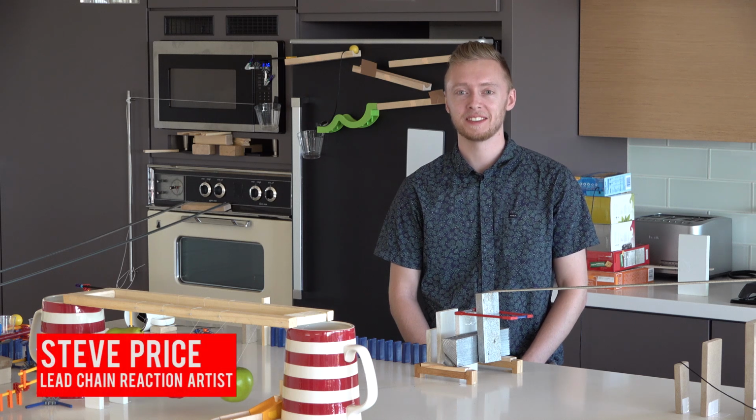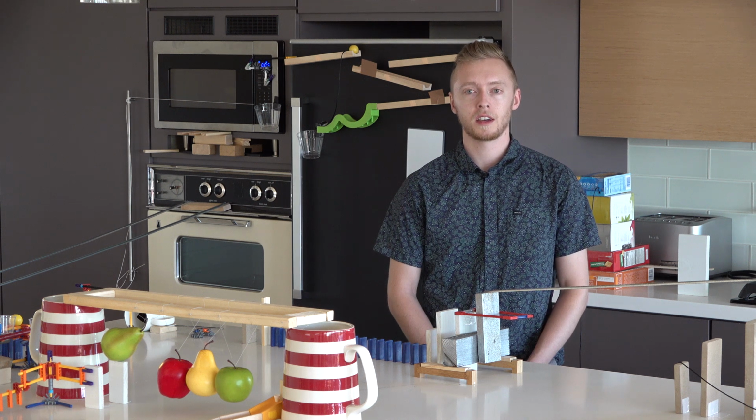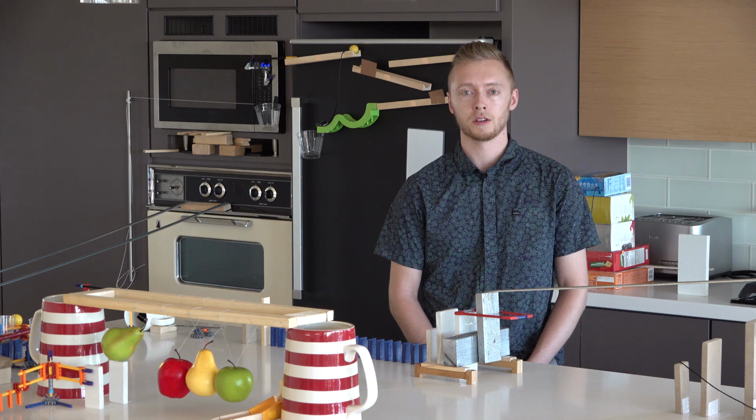My name is Steve Sprice. I'm a chain reaction artist, and I was also the lead designer of this couch potato machine for TCL. So at the end of a machine, huge machine like this, after you've put in so many hours day after...